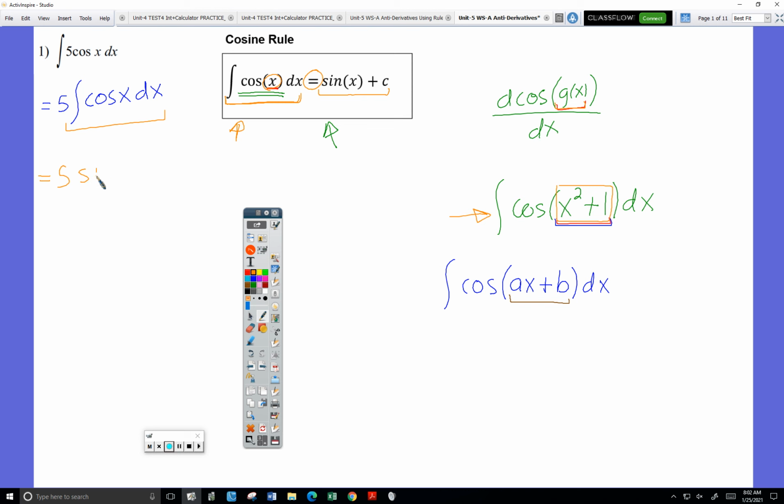I'll explain the plus c in a second. That's kind of a separate idea. So the rule is basically this is equivalent to this. Plus there could have been an extra plus 10, plus -3, something like that. So the c I'm putting on the end is simply representing the fact that if I had started with a formula that looked like this,